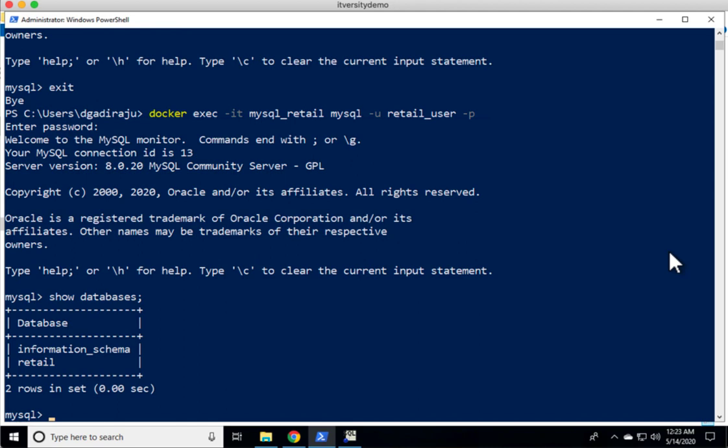So to actually access the tables in this retail DB using SQL Workbench, I have to use the database name as retail, the username as retail user, password as ITversity. When it comes to host name, I have to use localhost because it is running as part of the Docker container within this machine. If the database is running remotely, you have to give the IP address or DNS alias of that remote machine. By default, the port number for MySQL is 3306. In this case, if the port number is bound to 3306 on the host, which is nothing but the Windows machine, it will work. Otherwise, it will throw error.